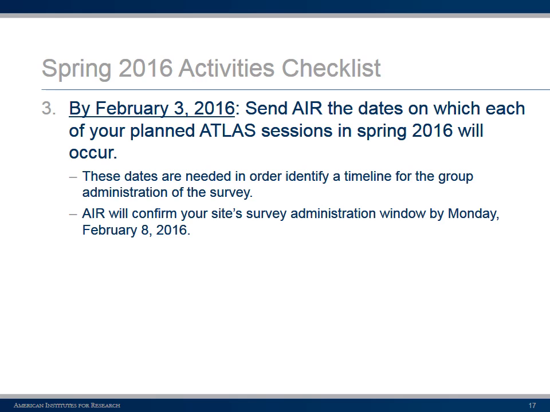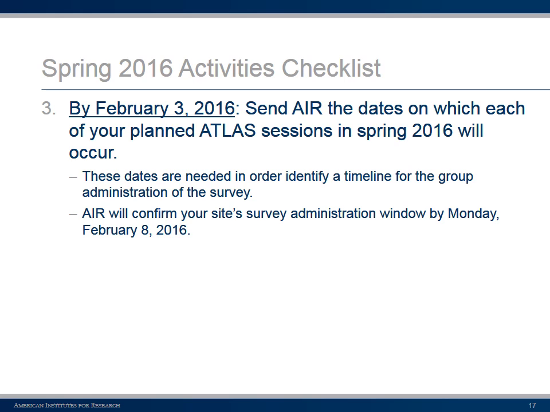And so if you can let us know when your planned uses or planned cycles are taking place throughout the spring, we can look at when the last one is occurring to make sure that we're able to administer the survey at a point where teachers have received the minimum amount of Atlas set out in the parameters. And for some of you, it could be the case that coaches are working with teachers extensively beyond that last group session, and we'll want to account for that as well.